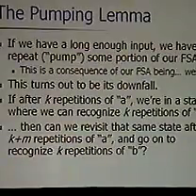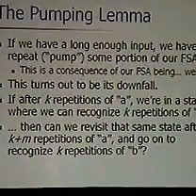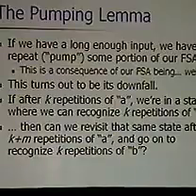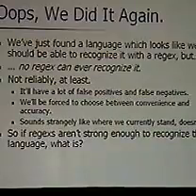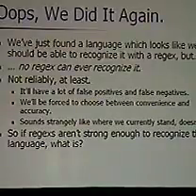If after k repetitions of the letter A, we're in a state where we can recognize k repetitions of B, what happens if we go through a few more A's? Can we ever get back to this original state where after having k plus some number of A's, we can recognize k B's? The pumping lemma tells us that we can. Therefore, we cannot have a finite state automata which will reliably recognize this language. We found a language which looks like a regex, but we can't do it. Therefore, we need to have some better, stronger technology.